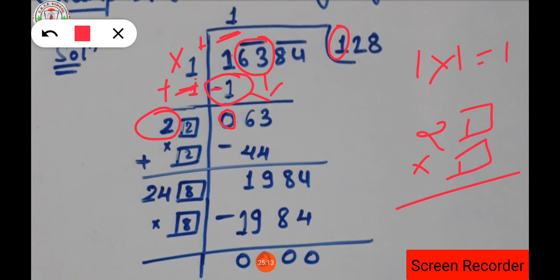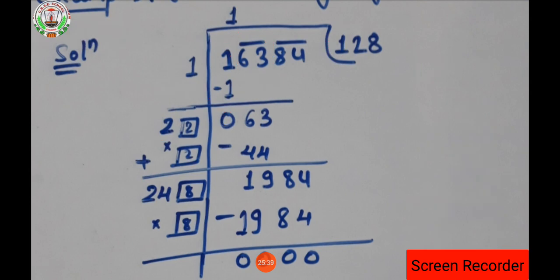So suppose we are multiplying the number by 3, so 3 3s are 9 and 3 2s are 6, so it becomes a greater number, isn't it? So we are not going to take 3 over here, we are going to take the smaller number 2. So let's take 2. So 2 into 2 is how much? 4, and 2 into 2 is 4. So what number are we getting here? 44, isn't it? So 44 we are going to take here.